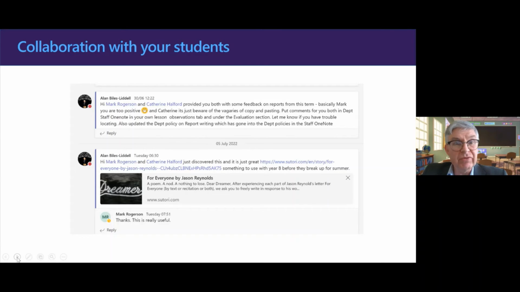And we've all been there where we've seen a great resource at one point. We thought, oh, I must get that for later. And sometimes we then forget where we put it and we're rummaging away. This way, you get the link, pop it into a posting in Teams and share it with the members of your department, saying, "Oh, look, this is great. We're going to be doing a long way down when we come back with our year 9s. We're getting them to read over the summer. This is a great introduction to Jason Reynolds. Use this in the final week," sort of thing, before we break up. As you can see, thankfully, one member of my department thinks it's a great resource, and again, immediately that sort of feedback can come back to you. And again, you can do that whenever you want.